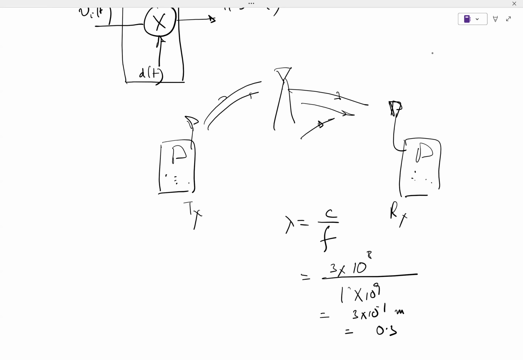And if I say f is an audio frequency, which is like a kilohertz or lower, then obviously the size of the antenna, lambda, becomes infeasible to be made in any form or shape, right? So then how do we actually communicate? We do not communicate